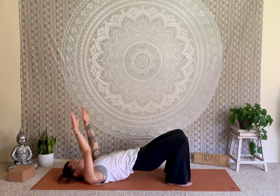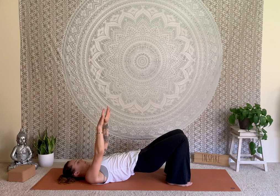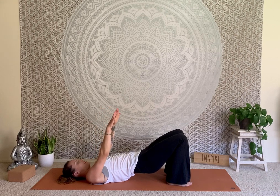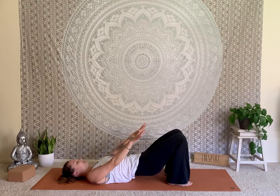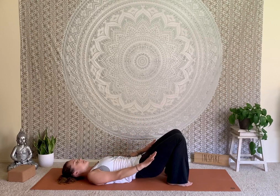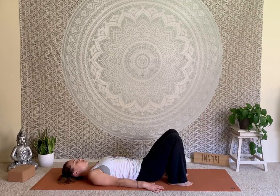And remember, if you run out of breath on your exhale, stay where you are, take an inhale, and then finish lowering with that next exhale. Super slow and controlled movements. All right, let's take it one more round. Inhale, begin to lift tailbone, sacrum,